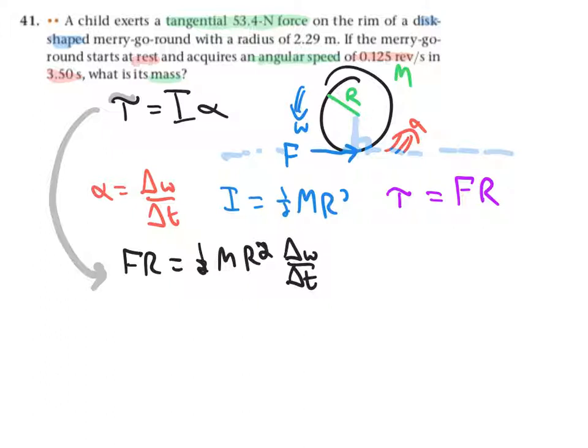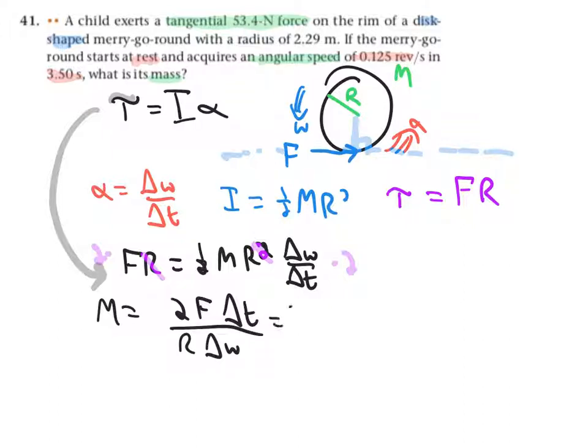So we can do a couple of things. We can say one of the r's cancels out, and then we manipulate by multiplying everybody by 2 and dividing everybody by r and so on, and we end up with that m will be 2F delta t over r delta omega, or 2 times the 53.4 newtons times the 3.50 seconds over